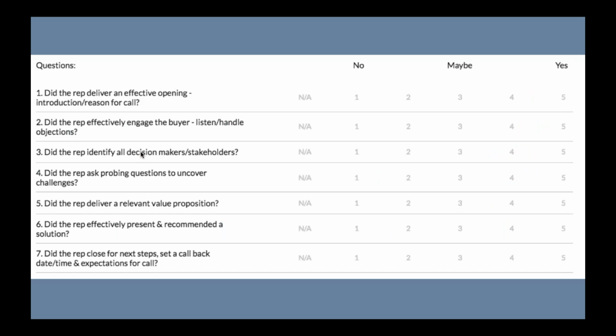Up on the screen, I am showing you our internal sales scorecard. This one is fairly generic and typically fits for most sales conversations, but we found that these questions work really, really well for a sales development team. So just running through this, what you're seeing here are 7 questions that speak to how well the rep did